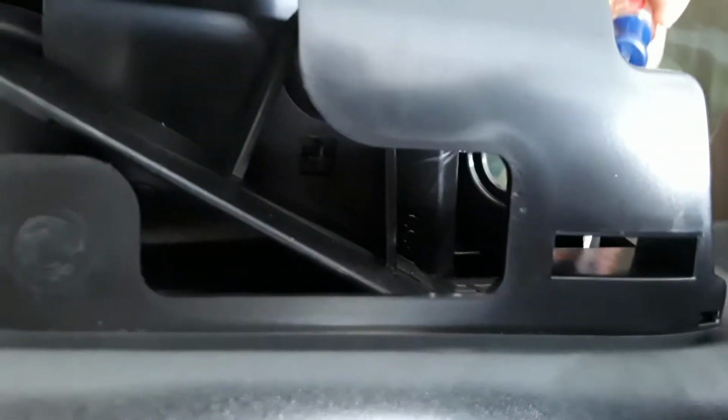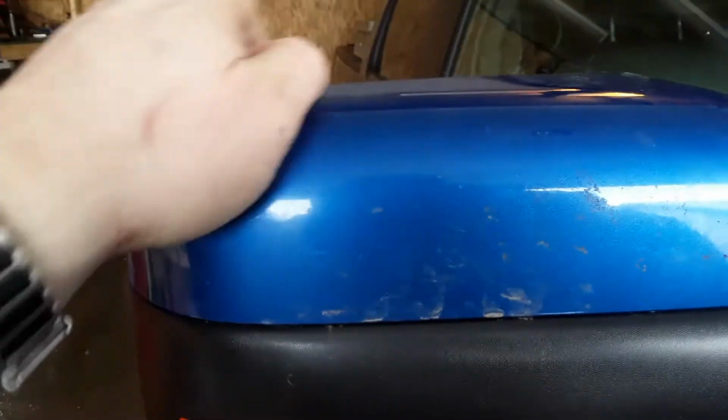So how I did it, I slid a screwdriver in, got the first one loose, came over here, did the same thing, got in the side, got that one loose, and then I just broke that one. Because we're not using the black plastic cap anyway. We're just going to use the blue. There, see? That's all that holds these mirror covers on. This one's not quite set. I'll have to mess around with it, but there's just those 4 pieces of plastic, and that holds those mirror